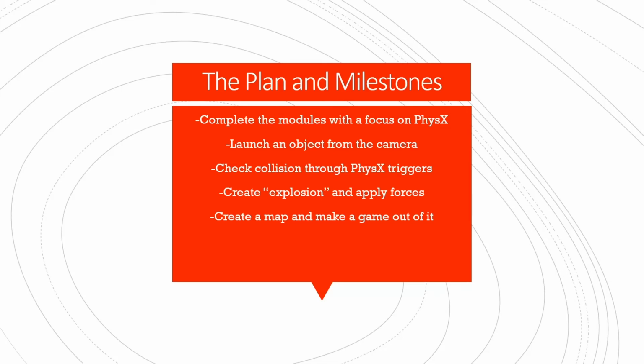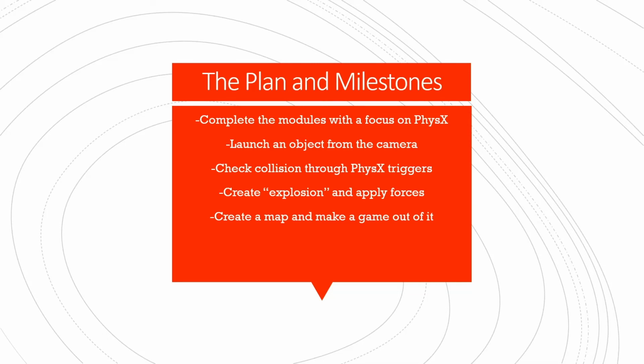The original plan and the milestones I set were to first complete the modules with a heavy focus on PhysX, trying to use it as much as I could so that I could have a solid basis when officially starting this project. The first thing I wanted to do was launch an object from the camera, kind of imitating shooting a rocket straight out in front of you. The next part would be checking collision through PhysX triggers. This would be checking what the rocket hits and then doing things based on where it hits and what happens. So creating an explosion around where it hits, or moving anything it runs into, or even despawning the rocket after